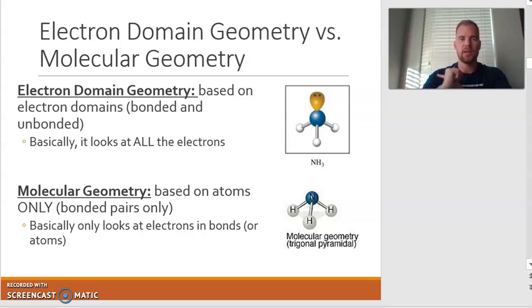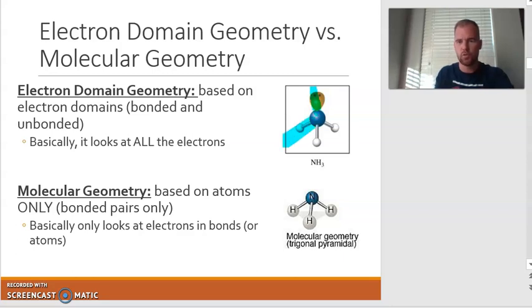Basically, the electron domain geometry simply looks at all the electrons. It doesn't really pay attention to, is it a bond? Is it a lone pair? It doesn't matter. As long as it's a region of space where electrons are occupied, it's an electron domain, which will affect the geometry. So for example, in this particular molecule that you see here to the right, there are